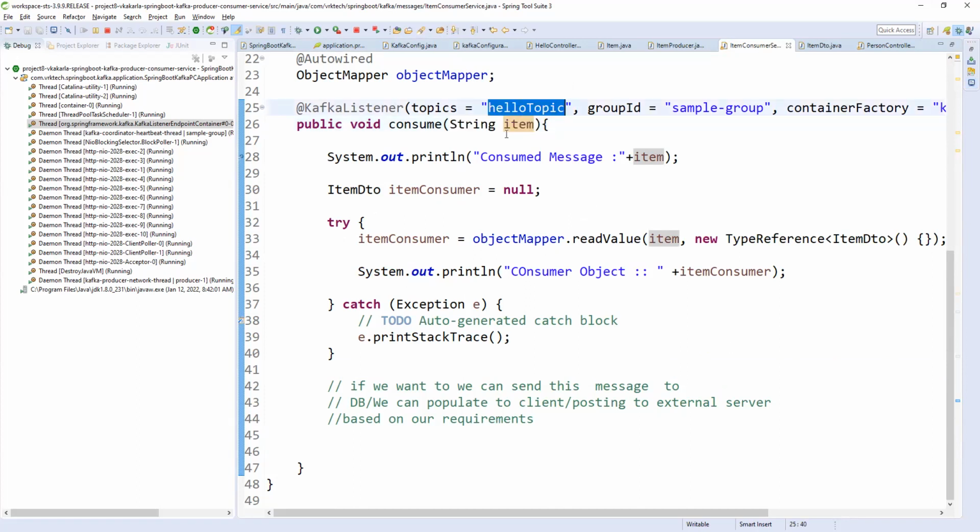Whenever you are consuming a message, you give the topic name, group name and container listener factory, all these three inputs. It is like consuming an external service, where you need the input request type, the method type, RestTemplate and all those things. The same way, it is also a service consuming, so you need to check whether all these values are available or not.